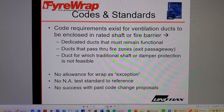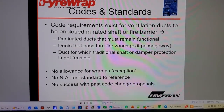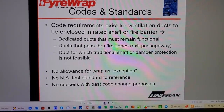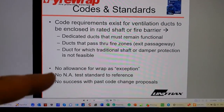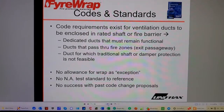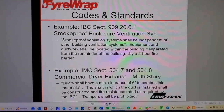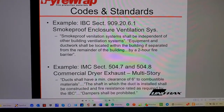Codes and standards. Code requirements exist for ventilation ducts to be enclosed in rated shaft or fire barrier. Yes, pressurization. No allowance for wrap as an exception. That's right, because it never made it into the code for the reasons mentioned here. Smoke-proof enclosure, International Mechanical Code,